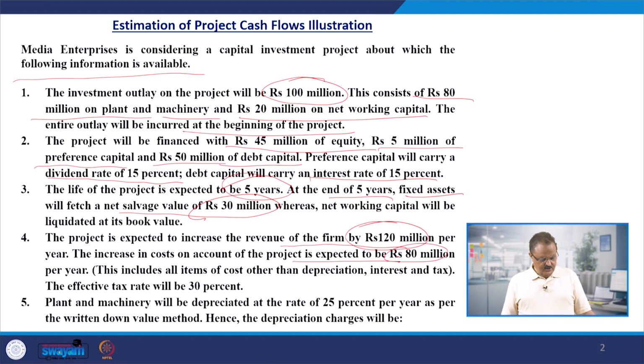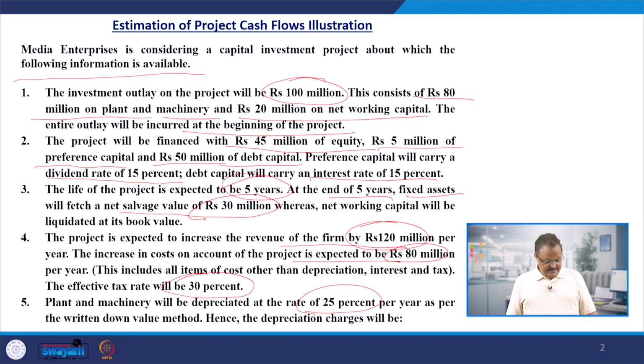So the cost would be 80 million, and this will include all items of the cost other than the depreciation, interest and tax. The effective tax rate is 30%, right? Plant and machinery will be depreciated at the rate of 25% per year. So depreciation also you have to calculate. So they will be depreciated at the rate of